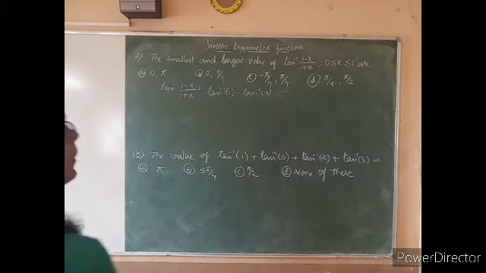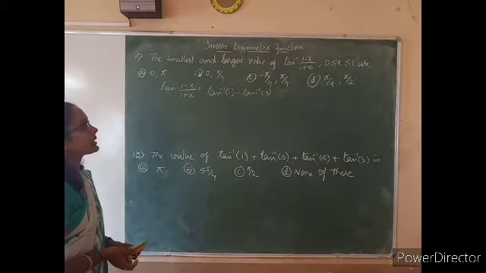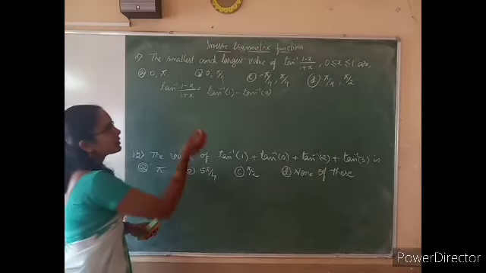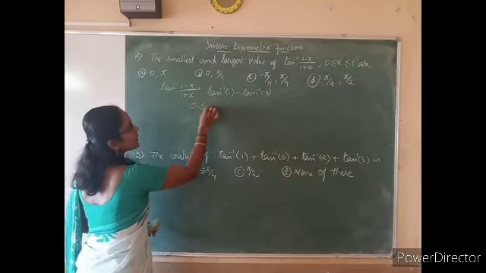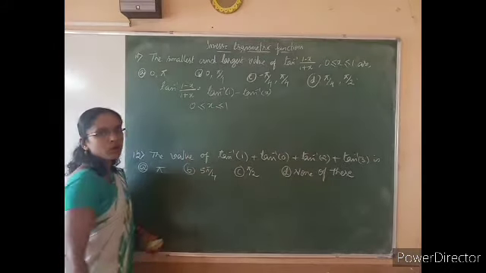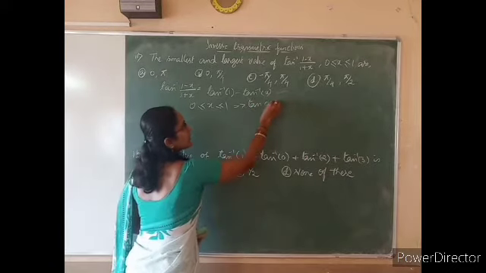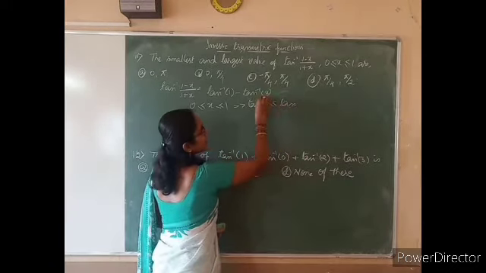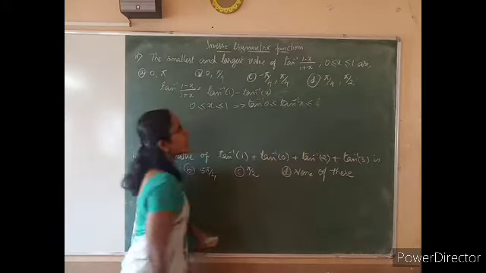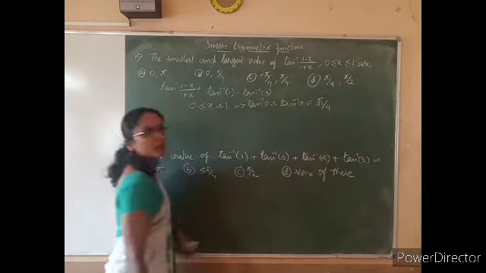So using the property of tan inverse, we can write tan inverse of (1 minus x) by (1 plus x) as tan inverse of 1 minus tan inverse of x. And also we have 0 is less than or equal to x, less than or equal to 1. So take tan inverse on all sides here. You get tan inverse of 0 is less than or equal to tan inverse of x is less than or equal to tan inverse of 1. So tan inverse of 1 is nothing but pi by 4 here.